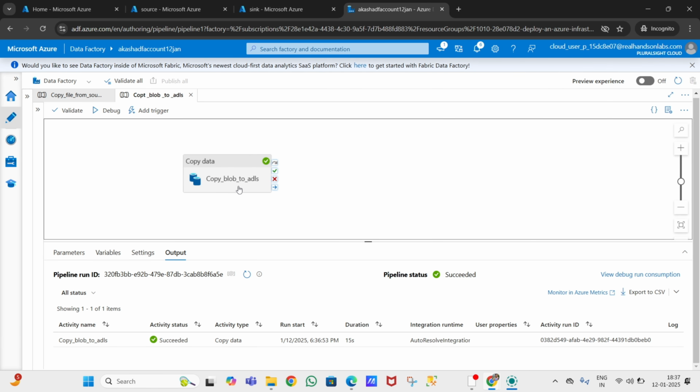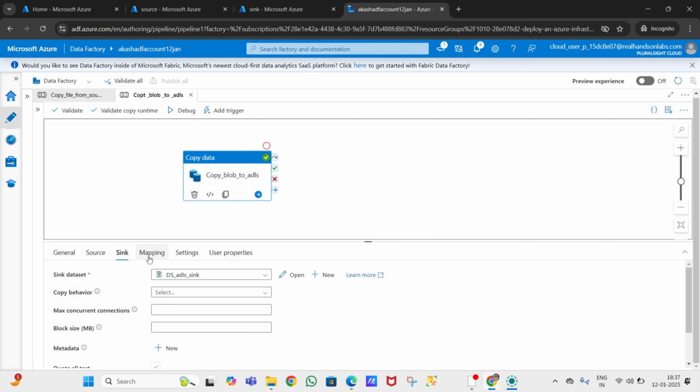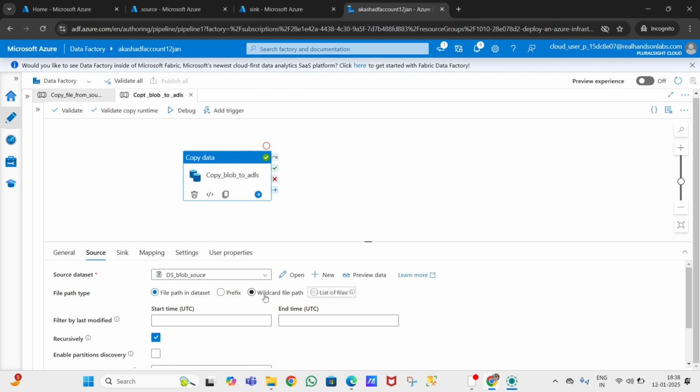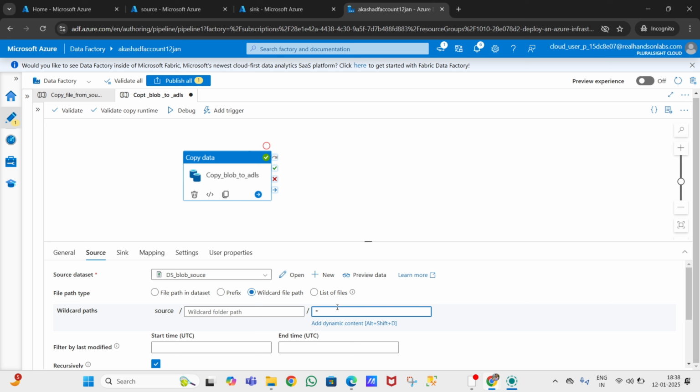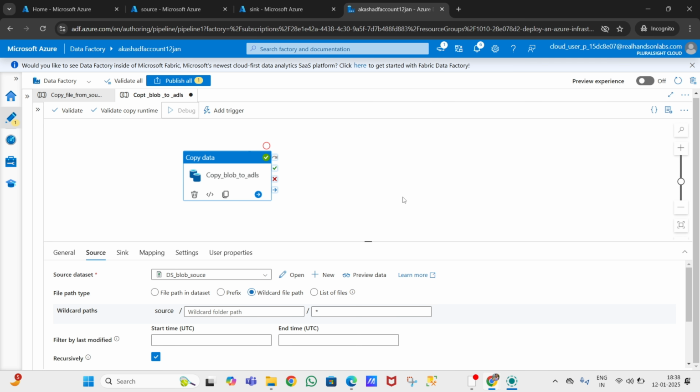And we can also copy all the files. What we have to do is, in the source, click on wildcard file path, and here we will give the asterisk symbol. Now we will debug again.